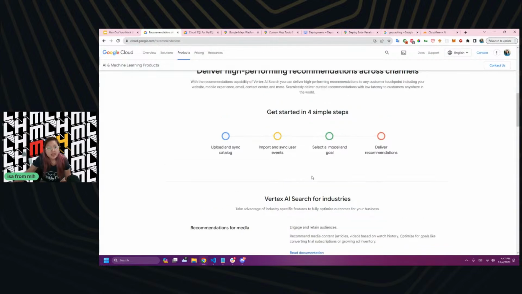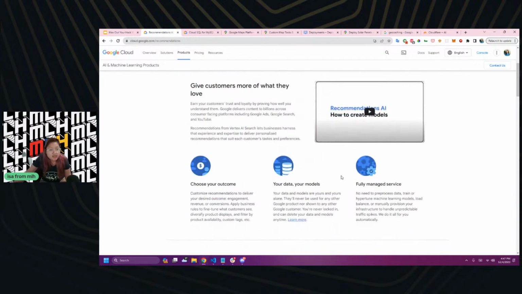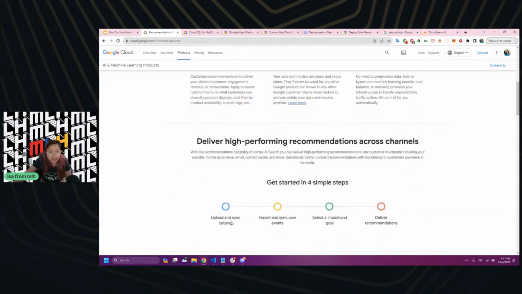The way that the recommendations AI from Google would work is we give it all the possible recommendations and then they choose which recommendation to give based on all of the ones that we've given. Because it says sync catalog here. However,